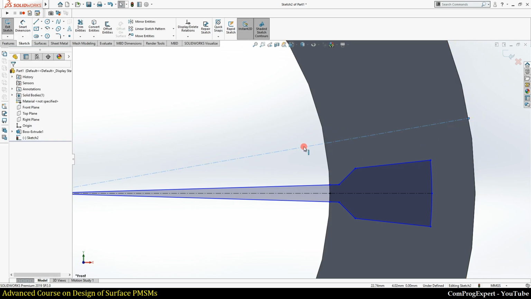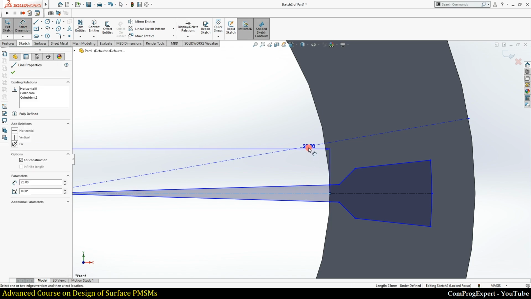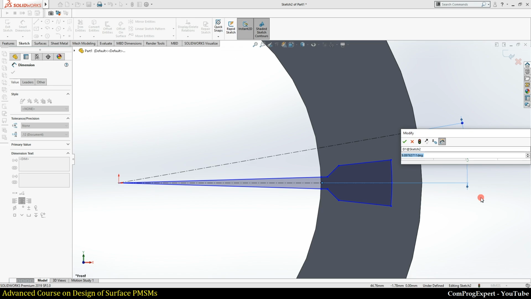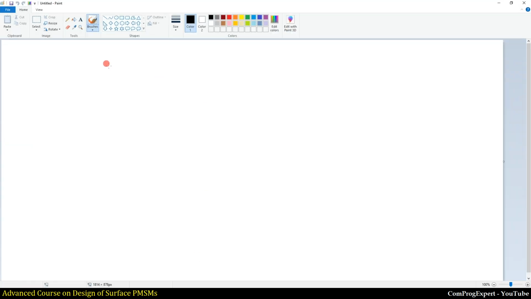The angle of this center line with respect to this center line is half of the stator slot pitch angle. So let me consider this angle equal to, in this case, I am going to consider NS, the number of stator slots, equal to 24.